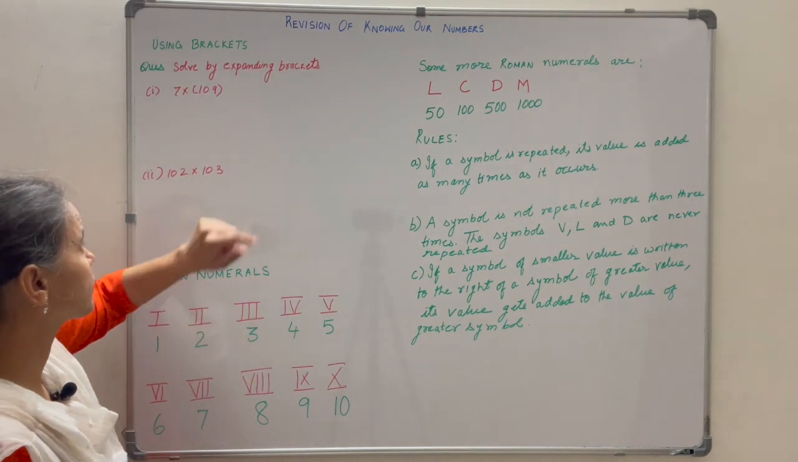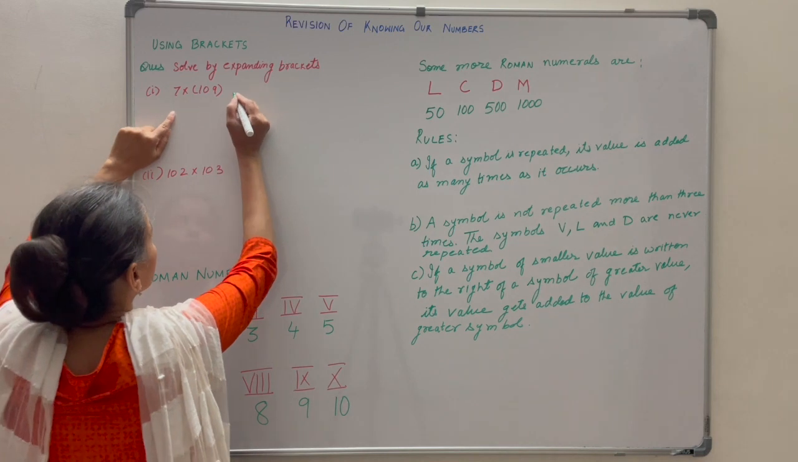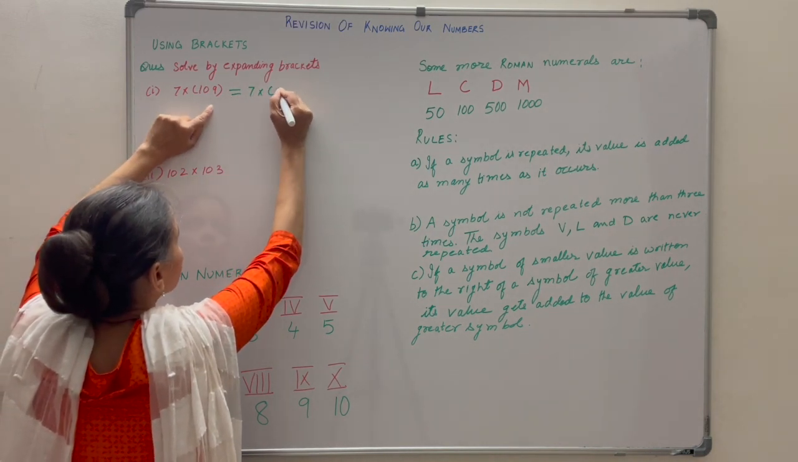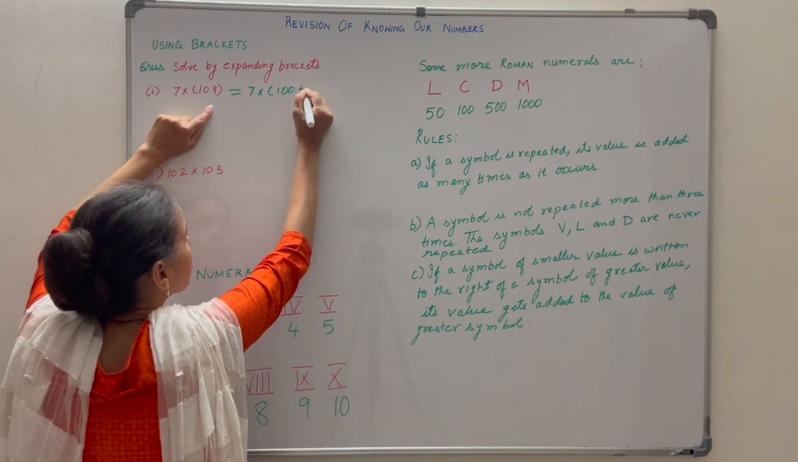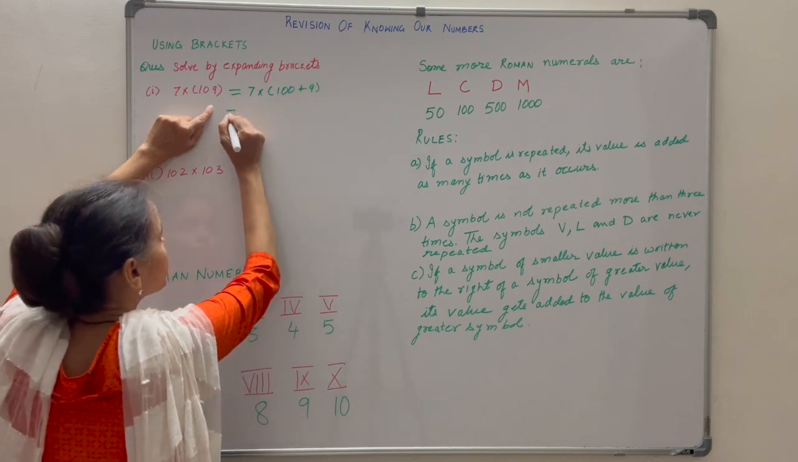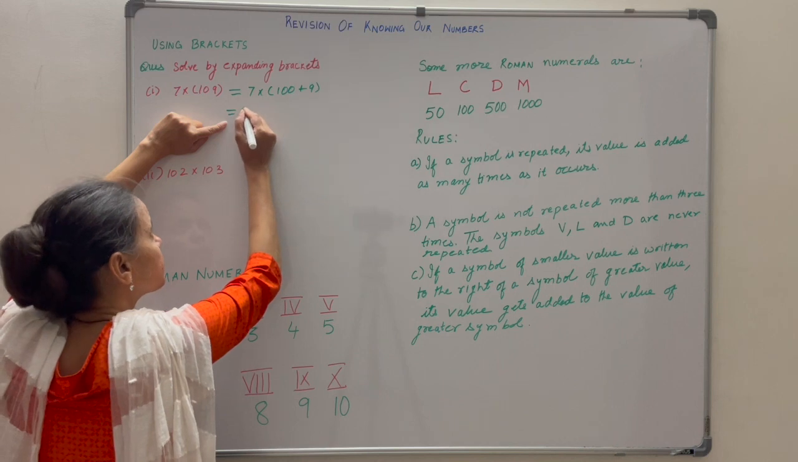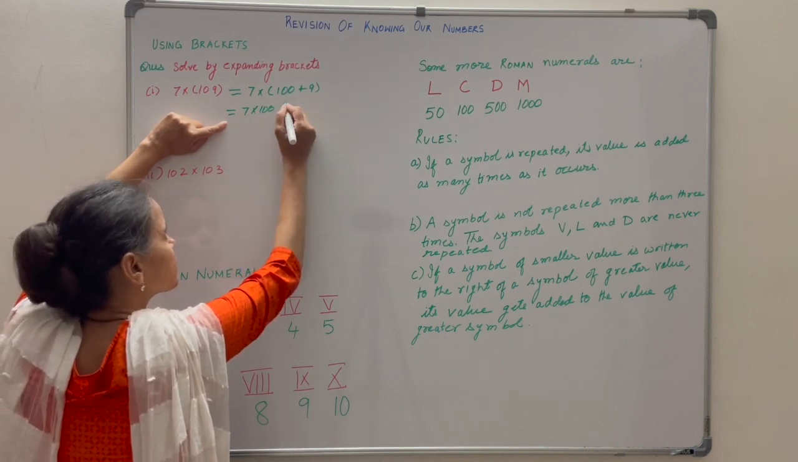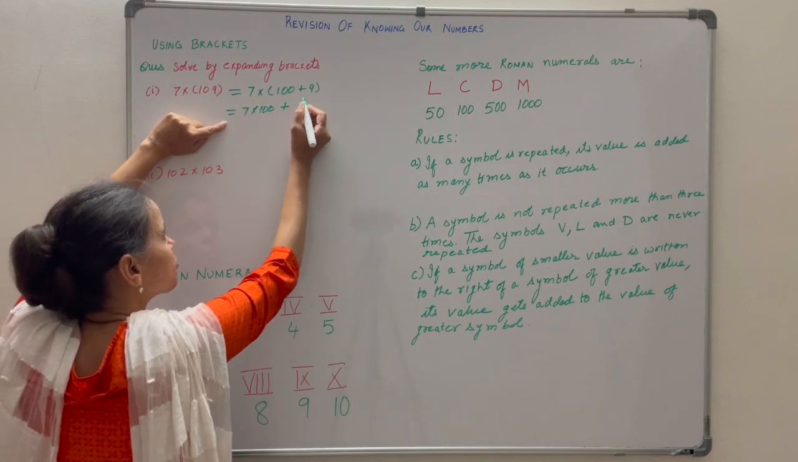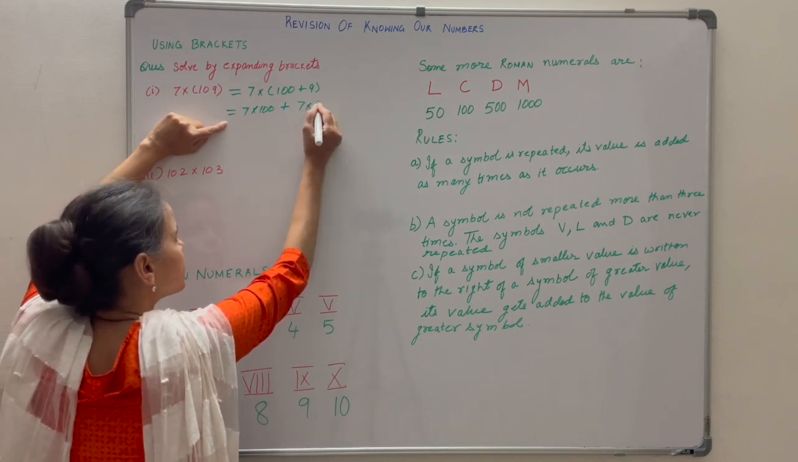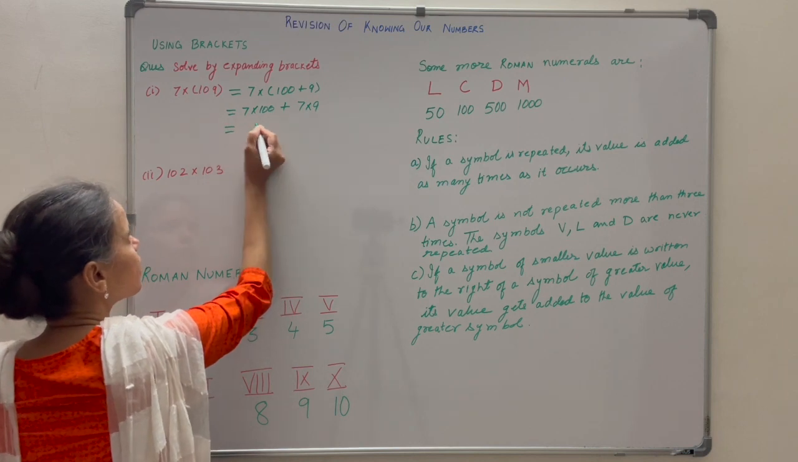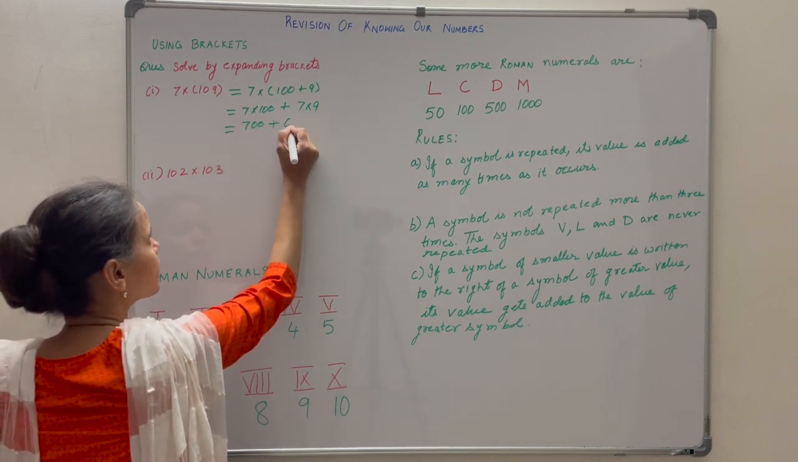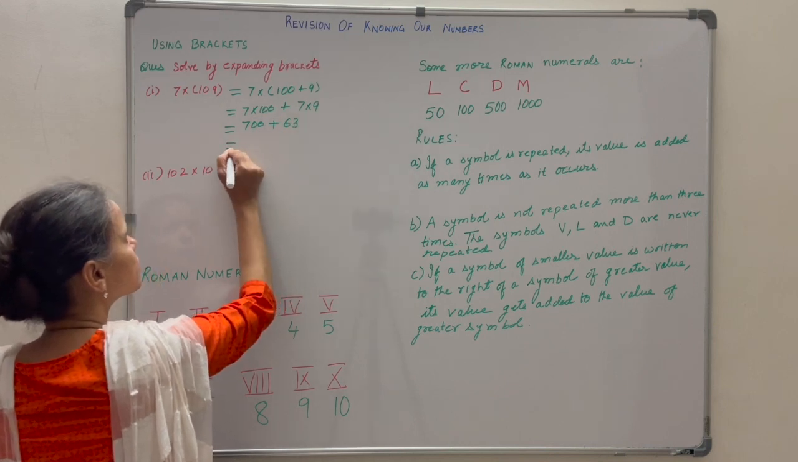So if you have to multiply this, how are you going to use brackets here? 7 into 109, you can write it as 100 plus 9. So when you write like this, 7 has to be multiplied to 100 first, and then this is plus here, so you'll write down plus because plus into plus is plus. 7 into 9. So 7 into 100 is 700 and 7 into 9 is 63. So this is